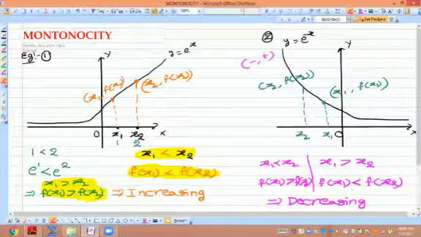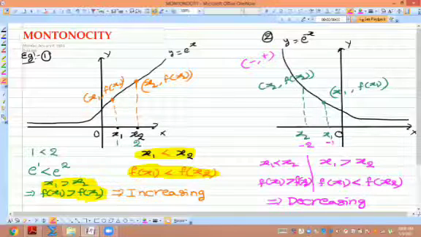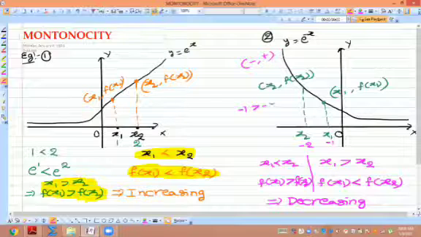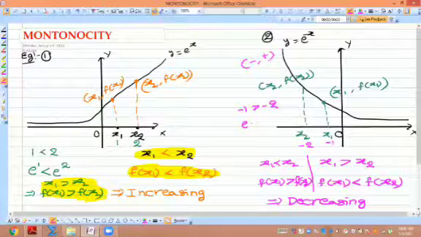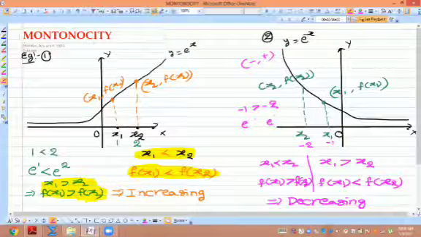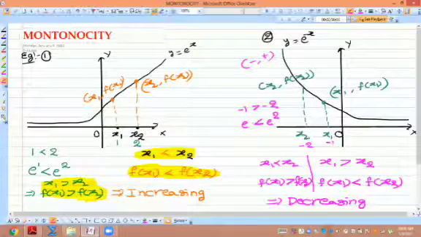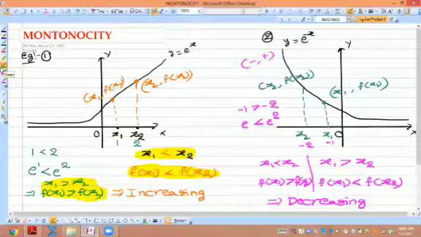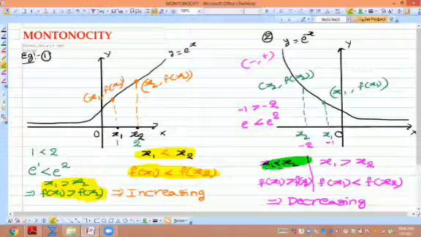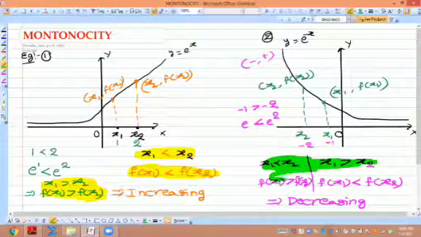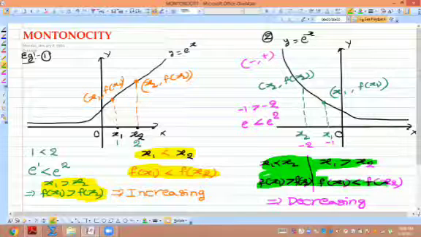Or else you can tell like this also. For example, again -1, -2. -1 is greater than -2. What is f of -1? E power 1. This is e power 2. What is the relation then? Less than only. Understood all of you? So these are the relations for increasing and decreasing.